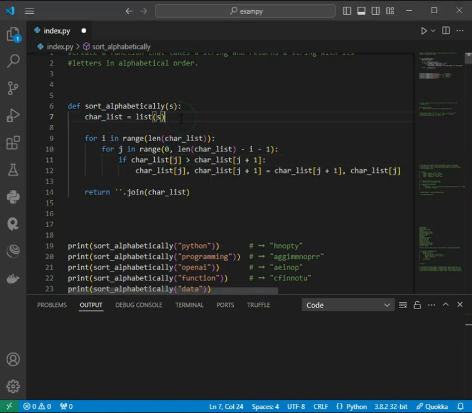Right, so first we start converting the argument we pass here as a parameter into a list using this list method, which is like the split method in JavaScript. This allows for easier manipulation of the characters. We save this new list that we created into this variable char list, and then